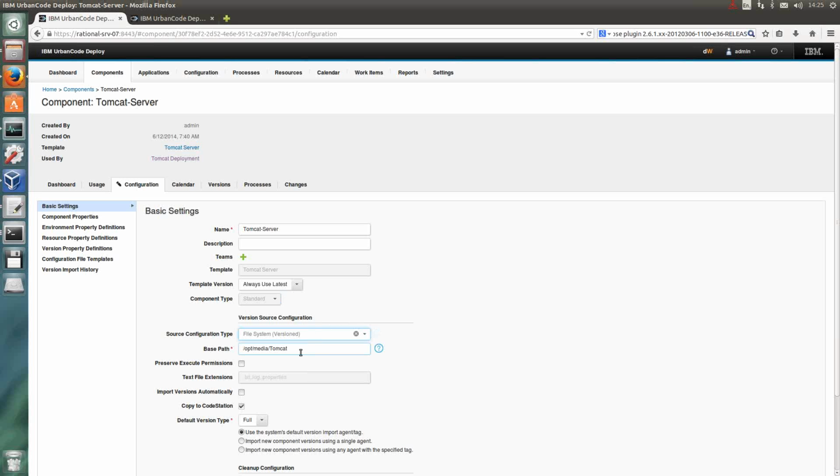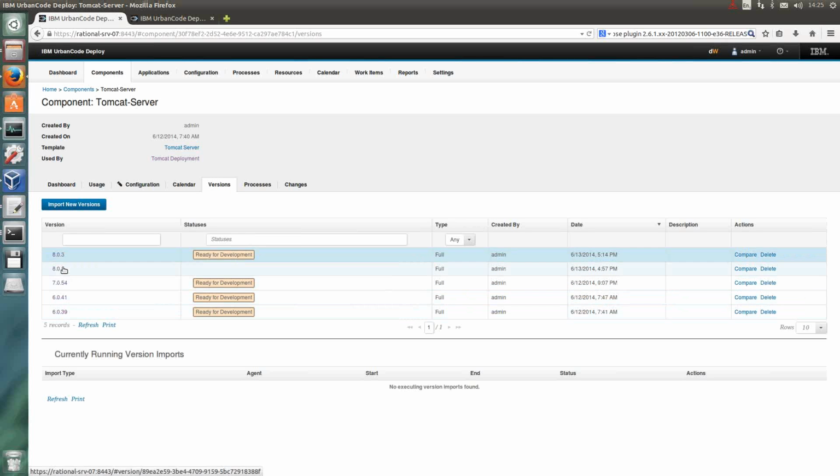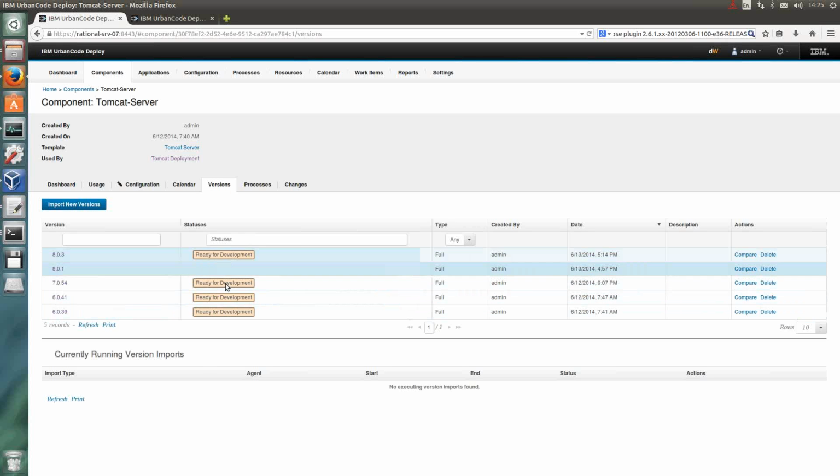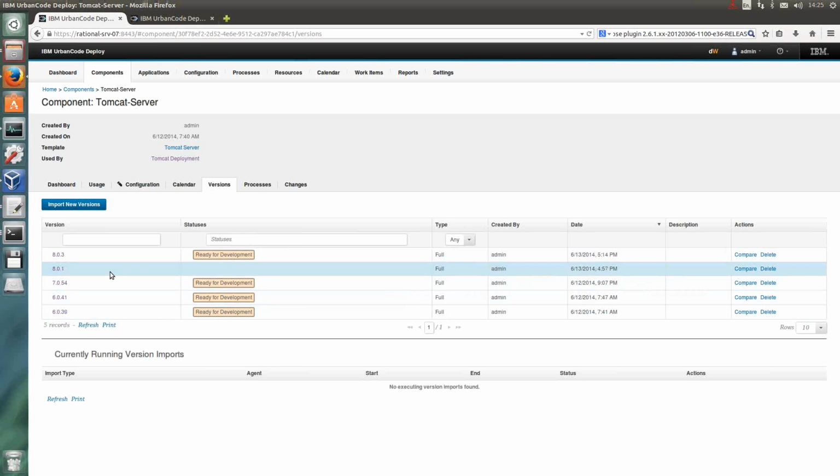Now, just the ordinary file system that we have at this location here is not particularly versioned, but any directory that we have underneath that Tomcat directory will appear as the version identifier, and the content of that directory will then become the versioned content that is pulled into UrbanCode. And where does that go? Well, if we go and look at our versions tab in here, these are all the versions of Tomcat that are available for us to use, and you can see here that they have a status applied to them called ready for development. Now 801